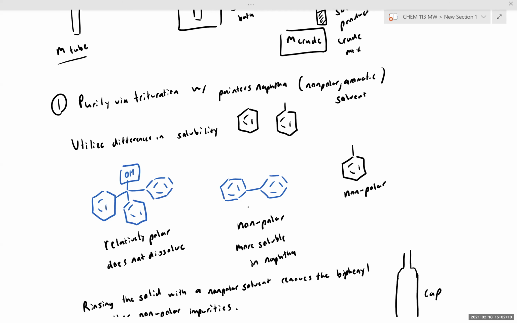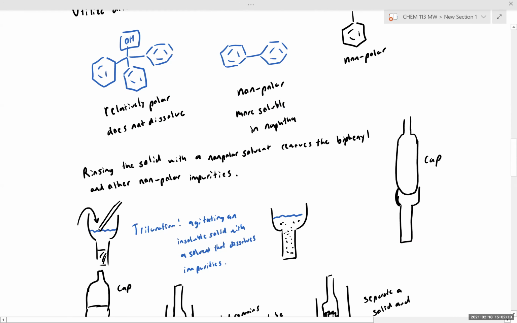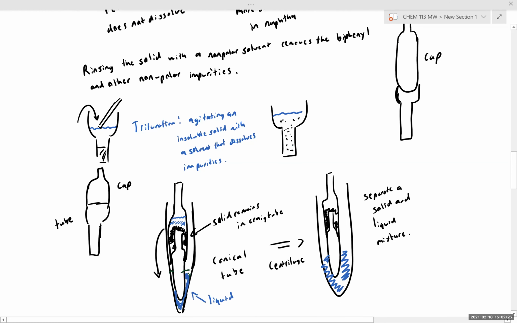you to separate out this biphenyl through repeated trituration of our solid. So rinsing the solid with a nonpolar solvent removes the biphenyl and other nonpolar impurities. So we're going to be taking our solid, adding our solvent, rapidly agitating our solid to generate a very fine suspension. And then in order to separate out our solid and liquid during trituration, we're going to utilize the Craig